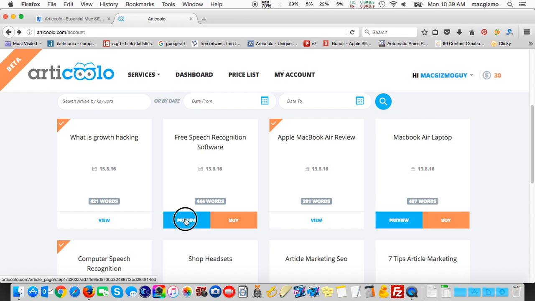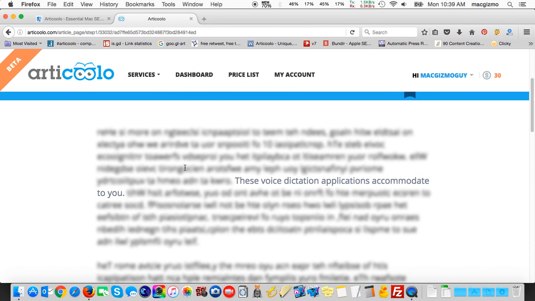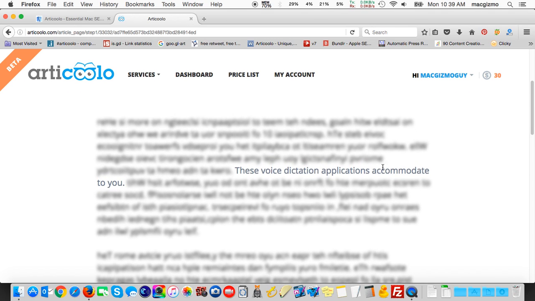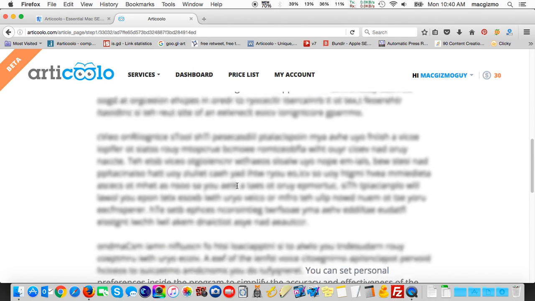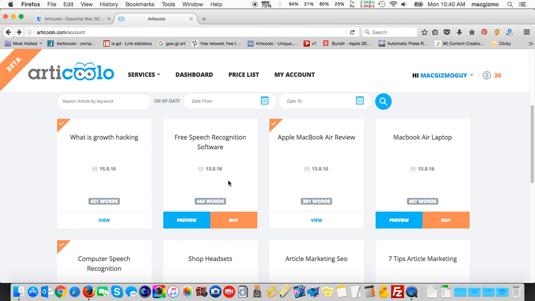However, until you buy it, if I click a preview of an article I haven't purchased, we'll see that the majority of it is blurred out, and you'll only have like one sentence on average per paragraph shown in the clear. That'll give you some indication of like, okay, those sentences are pretty well written and stuff. It's on topic. It's good, 444 words. I'm ready to buy. So the distinction here is that until you buy it, you don't get to see or copy the full text of the article.